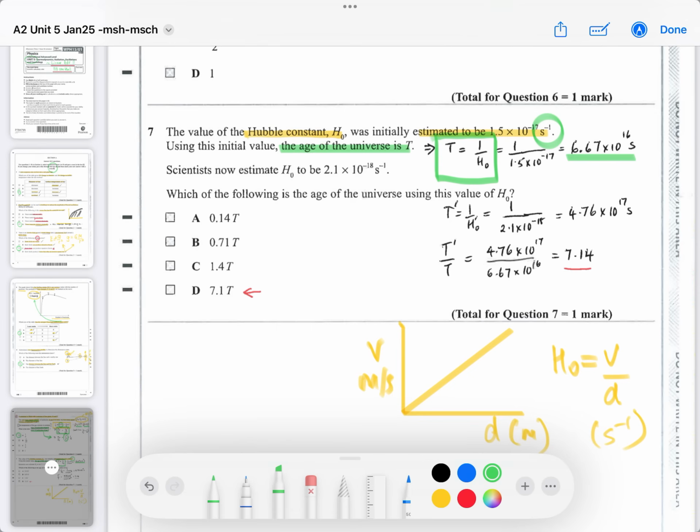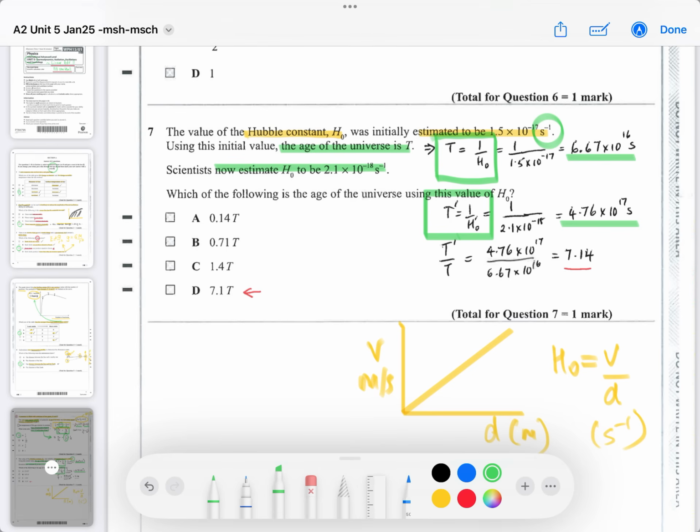Then now they estimate H0, they're saying, to be different from what they had before. So it's gone from 1.5 times 10 to the -17 to 2.1 times 10 to the -18. So don't get confused with your powers. You do that again, put the values in again, this time for the second value, I call it T dash. Okay, put the values in, you get 4.76 times 10 to the 17,